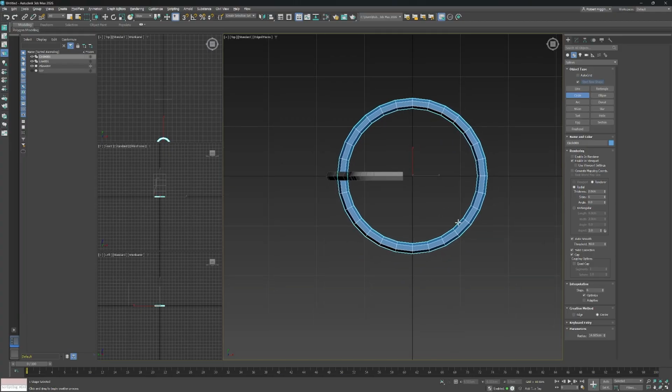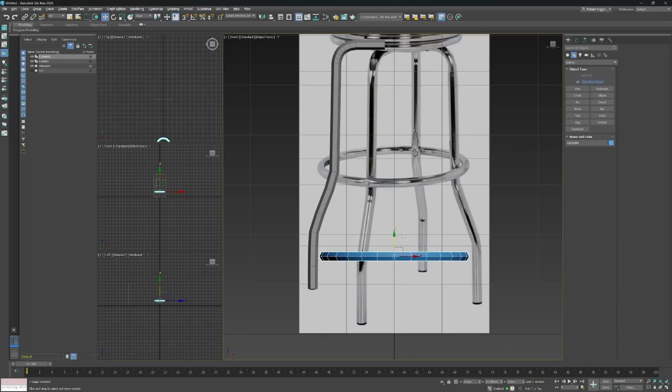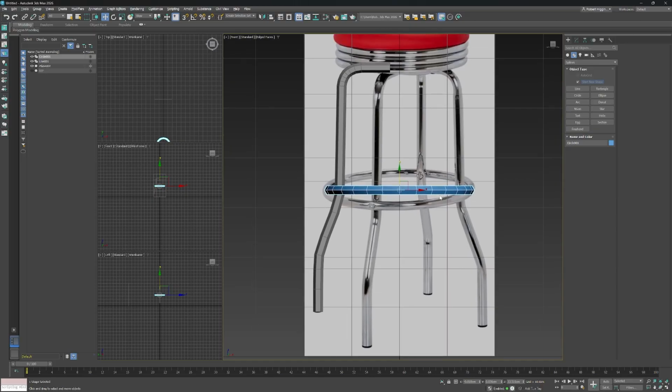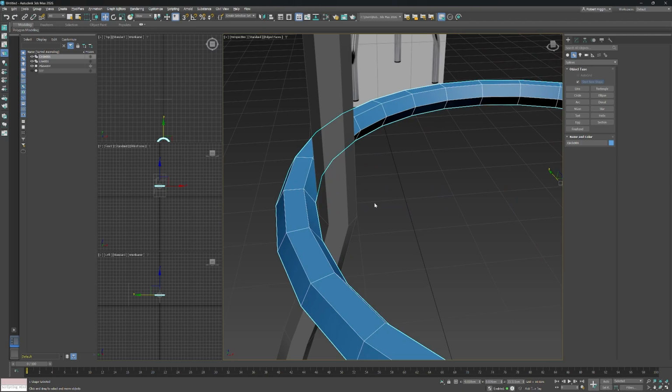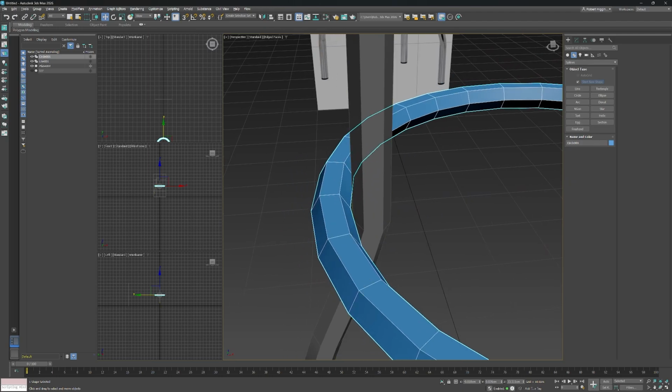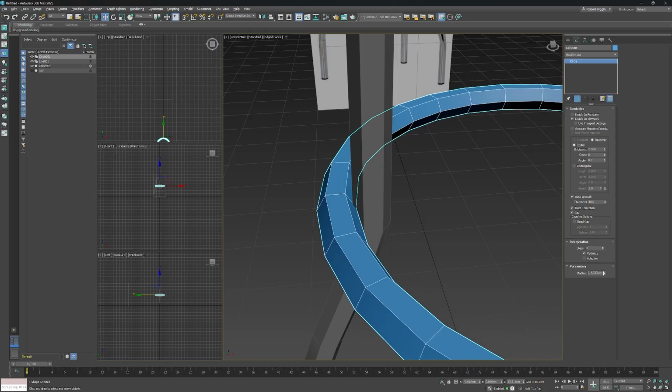We're then going to hit F on the keyboard and bring that up to the correct position, so maybe about there, fairly central on the reference. I'm going to hit P to go into perspective, and we want this just minorly intersecting, so we'll go to the details panel and where's the diameter? Here we go, radius, it's radial for this one, so just bring that down,